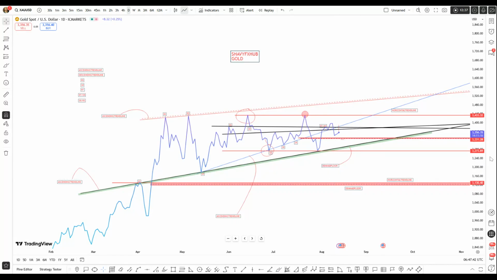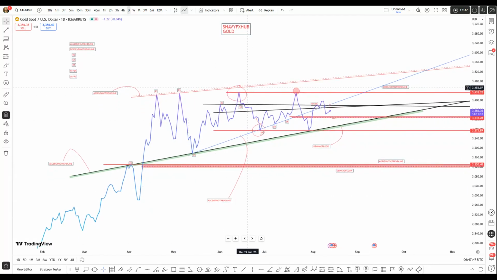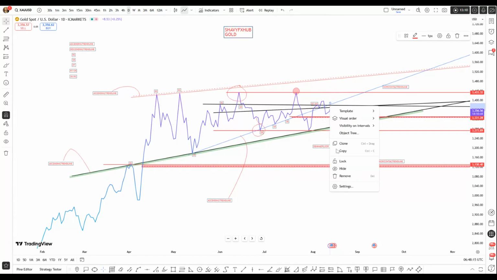So this is what we have on the daily time frame. Trading daily candle, you can never be wrong trading daily candle. I can tell you for free. Shavyfxhub said so. So this is my daily analysis for the market starting, and I think that the market might continue to upswing from what I've seen, from what the structure is doing. Haven't seen price defend this level. They might want to continue until they push into a higher zone. Most likely, I'm seeing them push this thing into